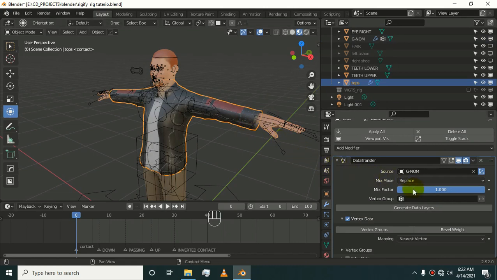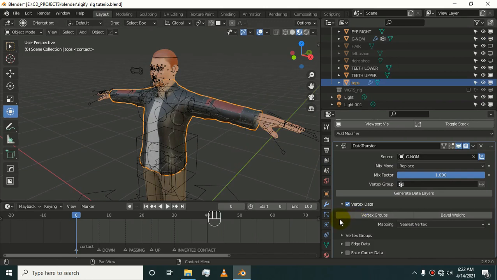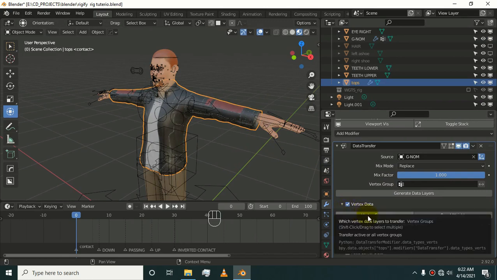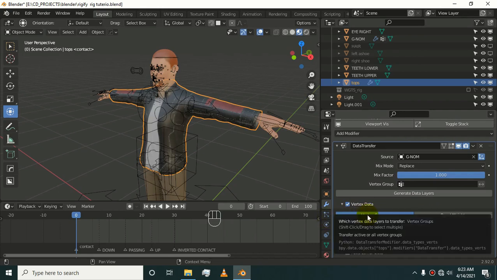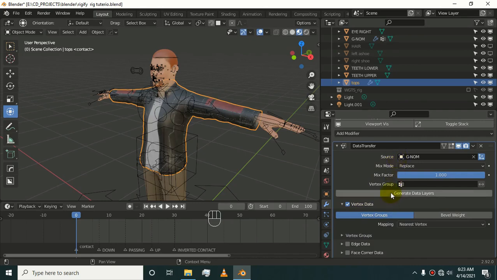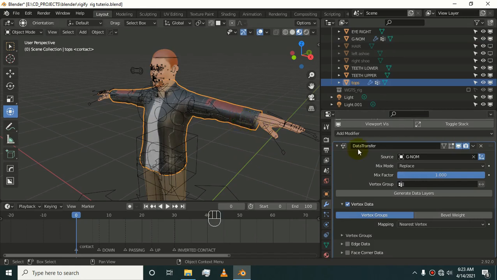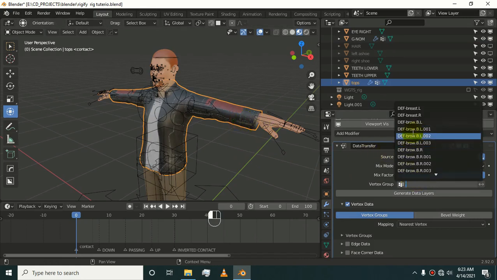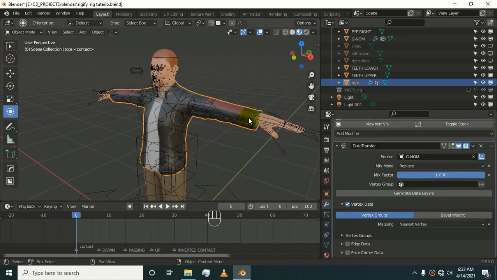Now we have added it as our source, and we selected vertex data. Which kind of vertex data do we want, bevel weight or vertex groups? We want vertex groups. So just generate data layers. Now we can see we have all the vertex groups from our main body on our shirt.